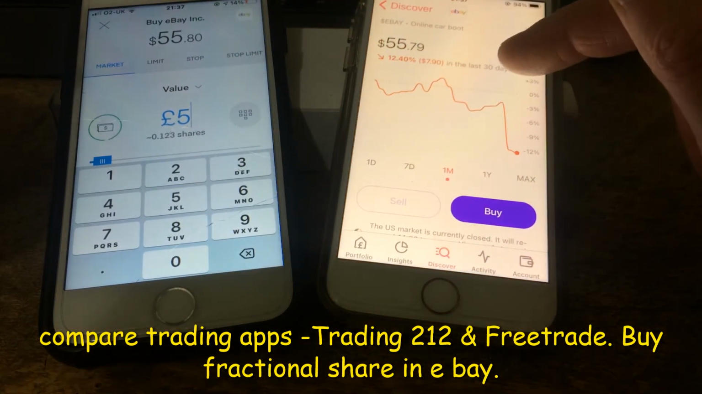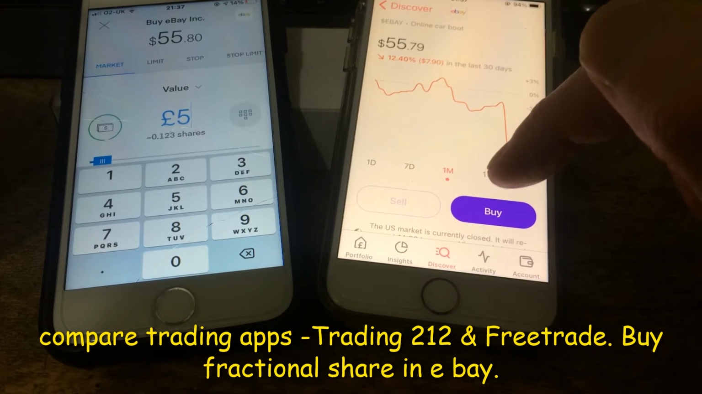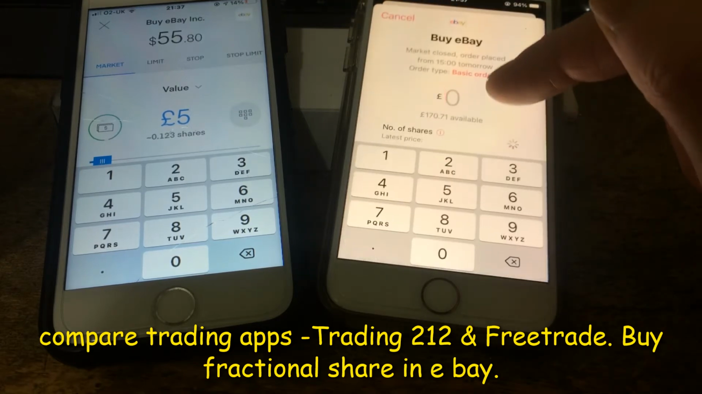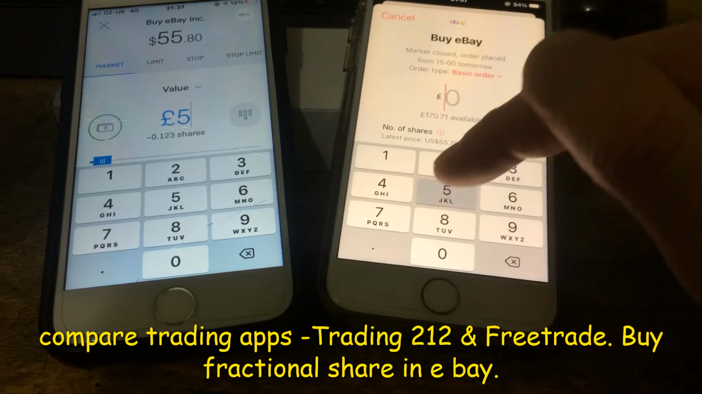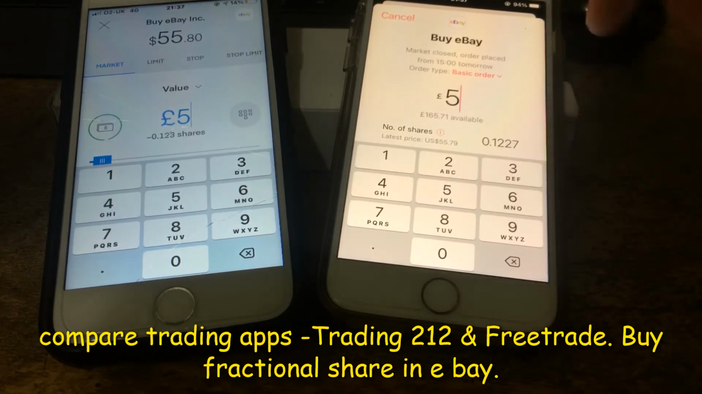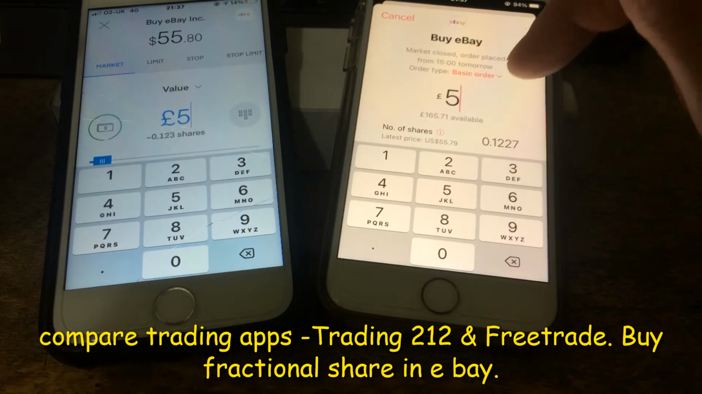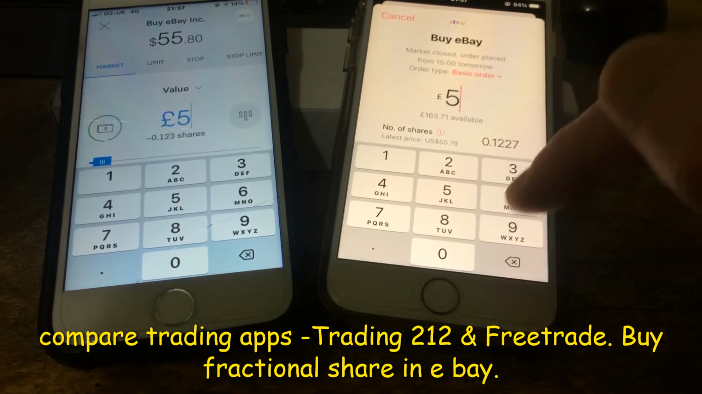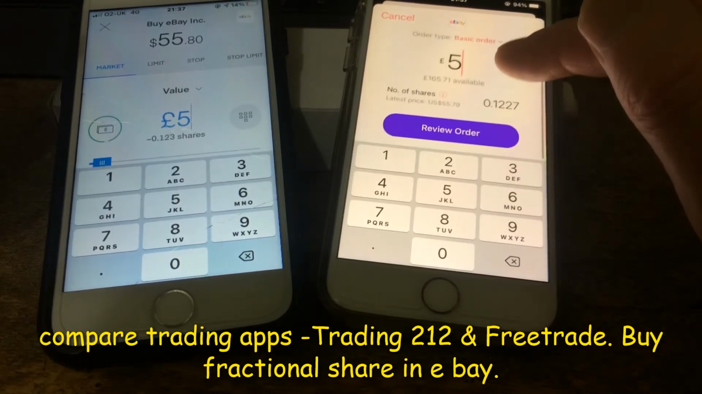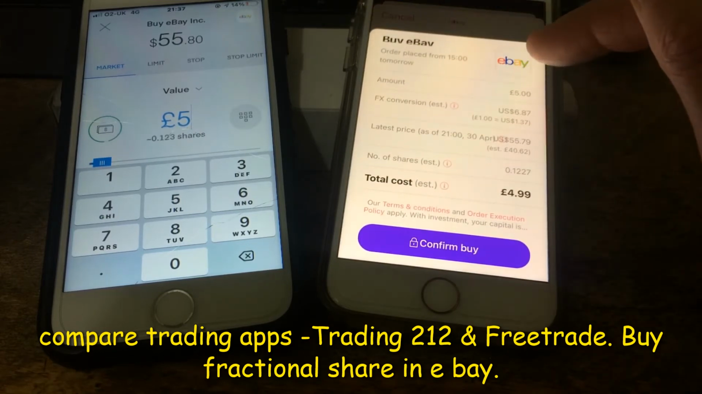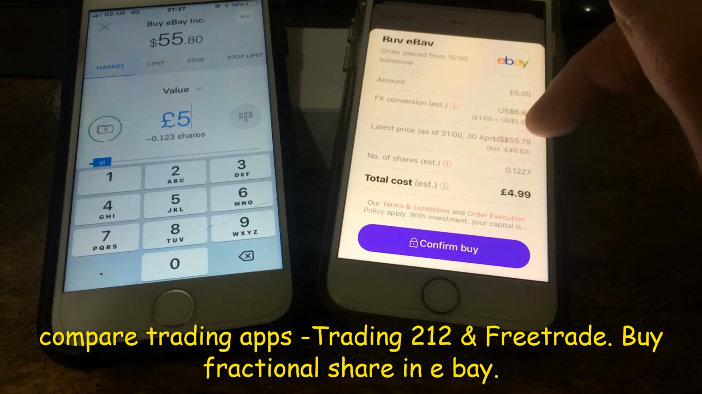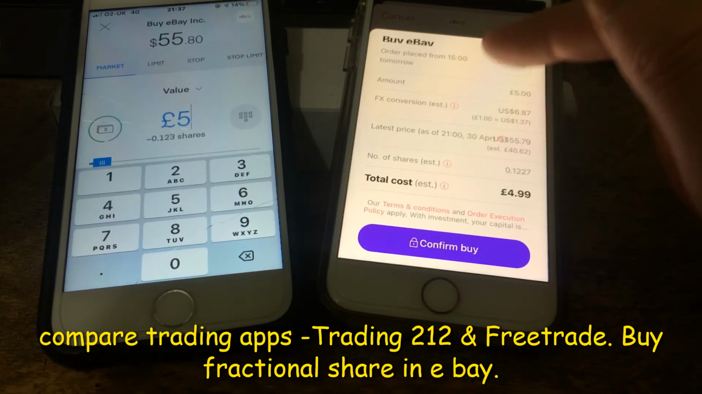And we'll try here on the Freetrade app. We go to buy and we put in the value, number of shares or value, £5. So we've got £5 on both. We click our review order, and that comes up with the details, the amount and number of shares,